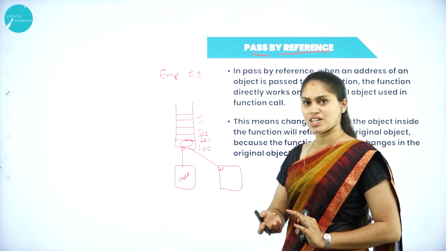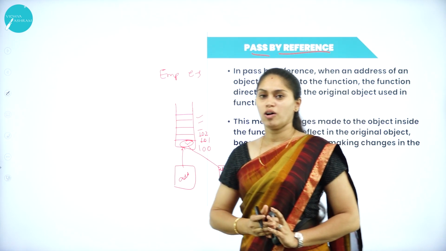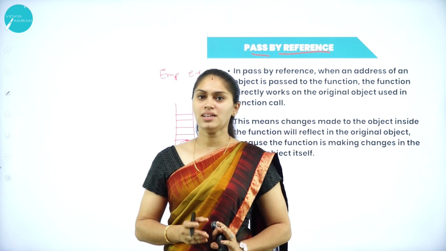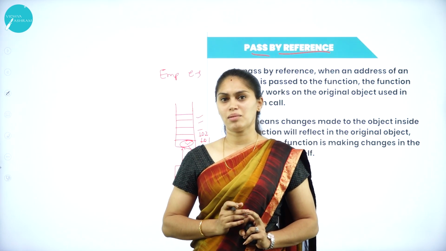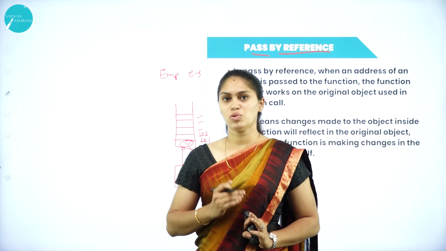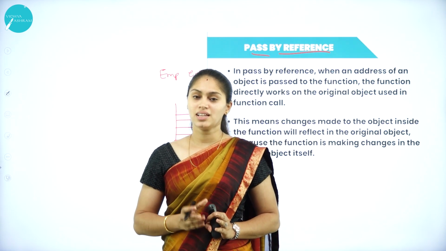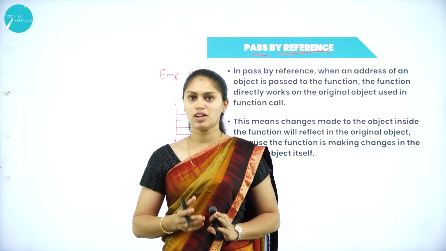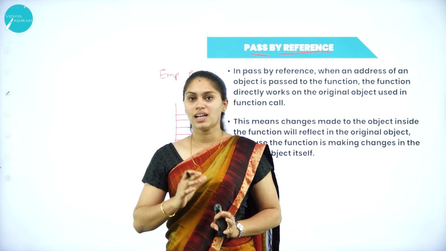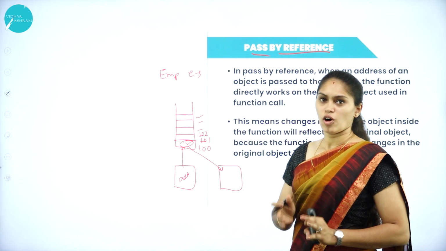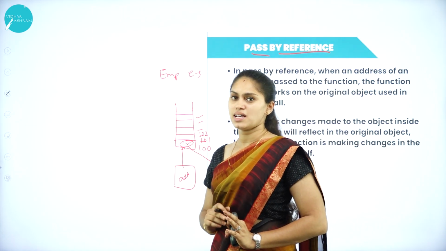Okay, any changes made to this object will directly affect the original object. So what it means is, I am sending the address of an object as an argument or parameter to the function. If I make any changes or manipulate the data of that object, that also reflects in the original copy, because I am processing the data with a direct link to the address of the object. Okay. So that is the difference between pass by value and pass by reference.